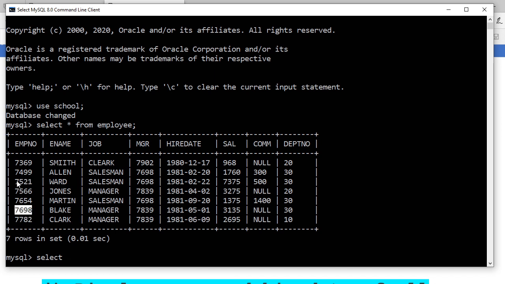Whatever numbers are coming as an employee number, all are going to be printed out. So let us have this one first, understand. So we have to print the name of all employees whose employee numbers are coming under a range. Let us define a range here. I'm going to define that 7500 to 7.